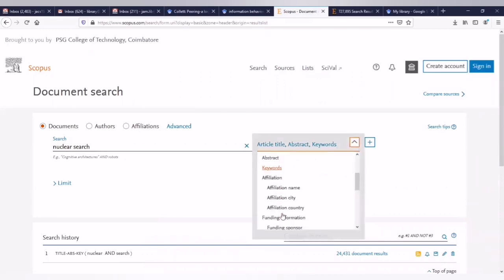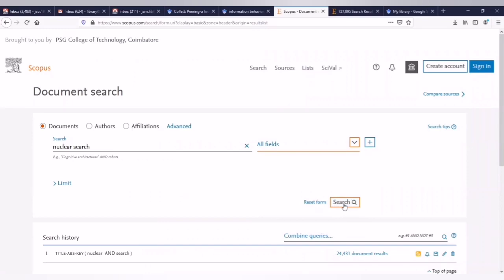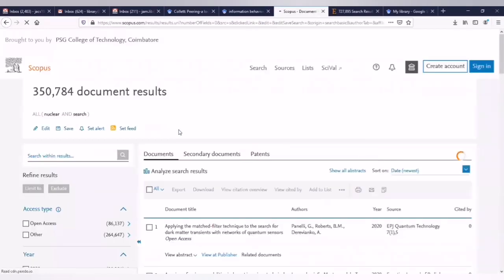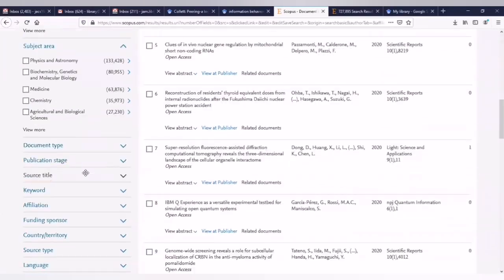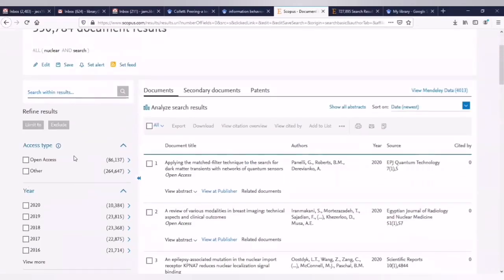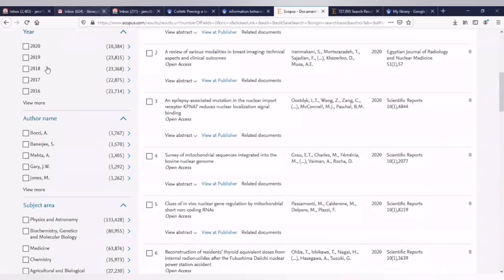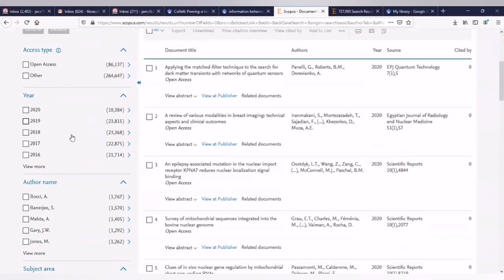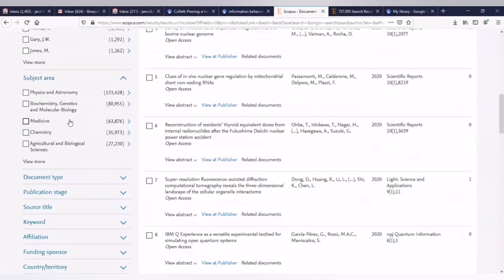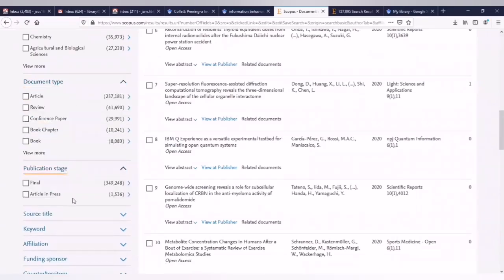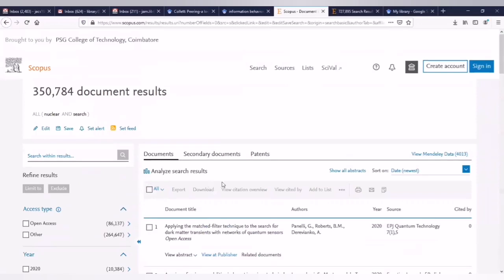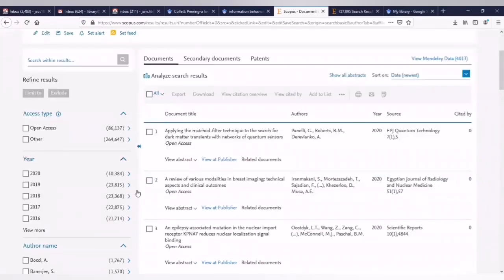And you can click here on what you are looking for. You want a particular keyword, or it is a source title in which you are looking, and that can be selected here. I click on all fields and give a search, and you can give an advanced search also, and the results will appear here. The results can be refined based on parameters such as open access documents or year-wise. Some people are doing research on a particular decade, so you can refine your results by using the chronology of year, or subject area, or document type, or publication type, like that. So many options they have provided. Based on that, you can limit your search and click on the relevant articles for your research area.